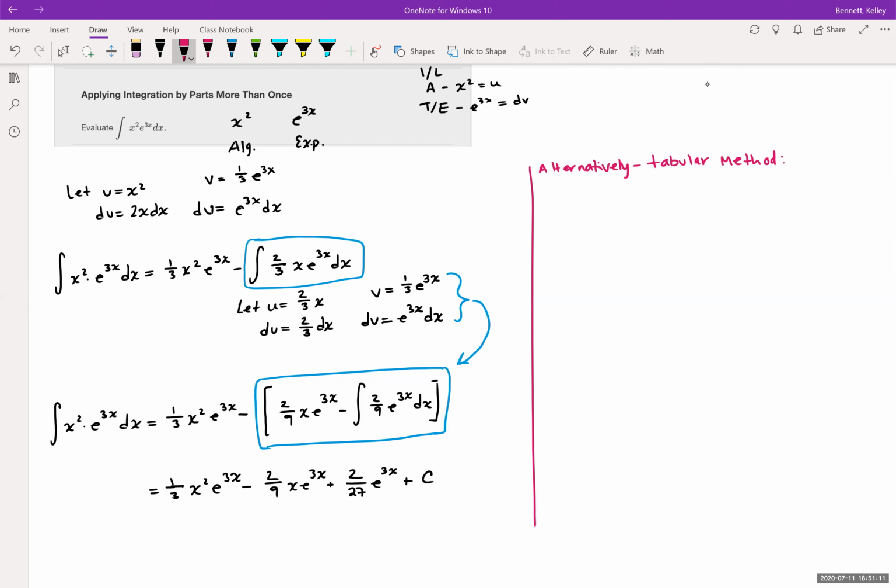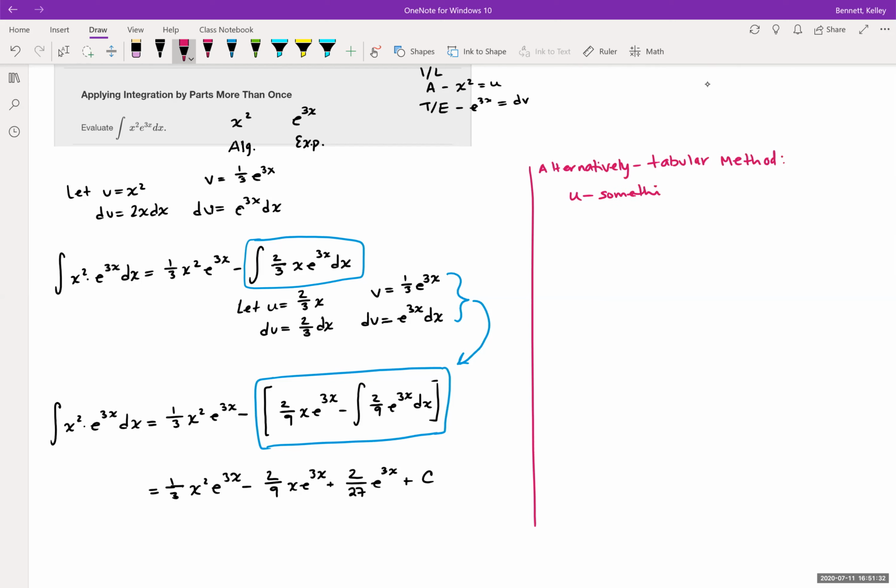So we have something called the tabular method, and this is really cool. So imagine if our integral here was like x to the 5th. We would have to do this process 5 times, and it would keep nesting and getting bigger and longer and awful. So tabular method is great for those instances, and the idea is that you want to pick your u